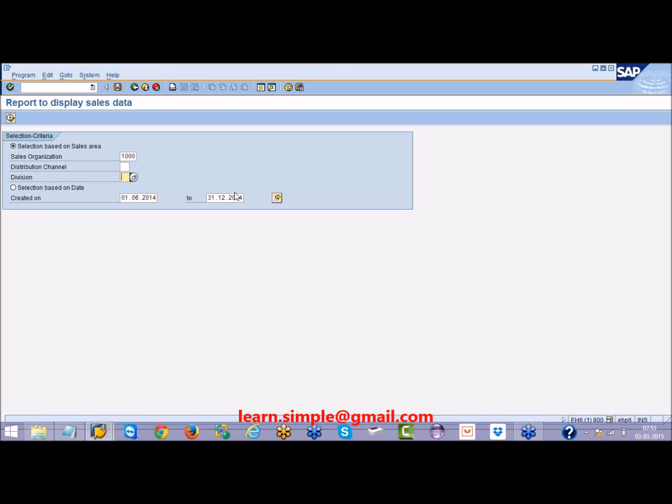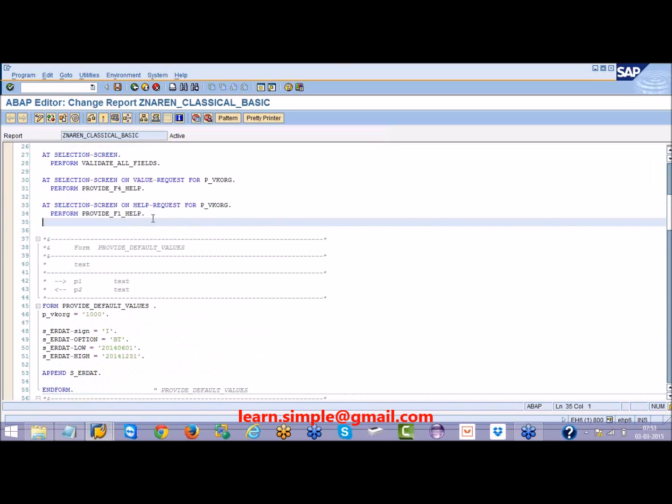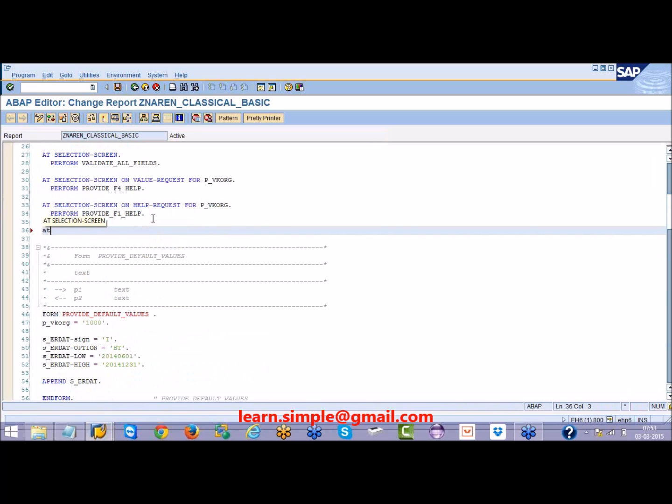So in order not to confuse the end user, we will code in such a way that when I click on the first radio button, the fields under the second radio button should disappear automatically. And the same thing, when I select the second radio button, fields under the first radio button should disappear automatically. How to do this? To do this kind of selection screen dynamic change, make use of the event at selection screen output. So I will say at selection screen output,